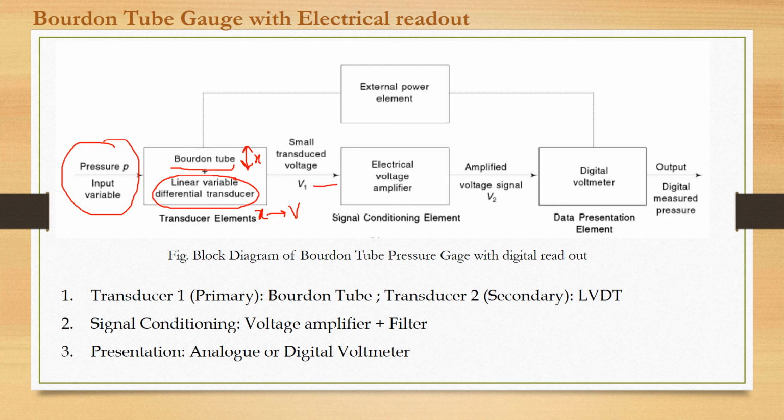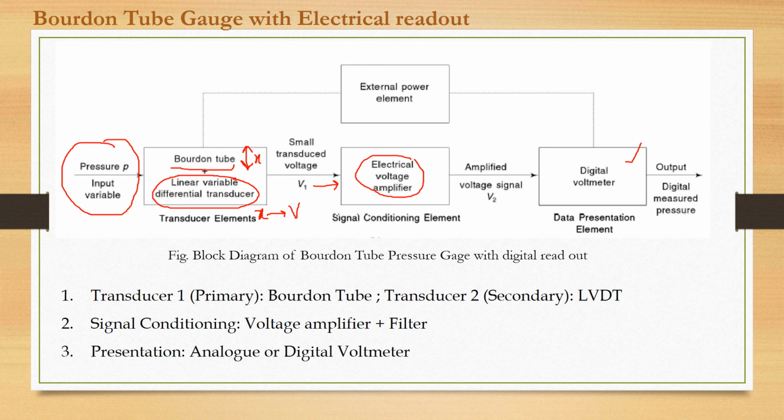So we are getting output as V1. Now this voltage can be very small, so we need some signal conditioning element. That will be done by the electrical voltage amplifier. So it will amplify this V1 into V2, and now this voltage can be presented with the help of a data presentation element. And now to power this LVDT and this electric voltage amplifier or digital voltmeter, we need some